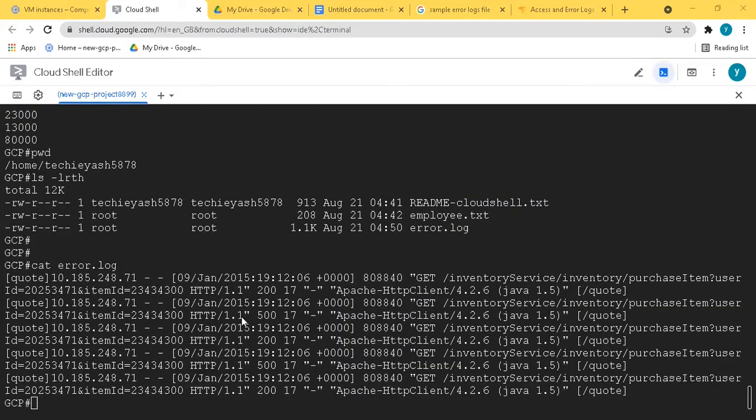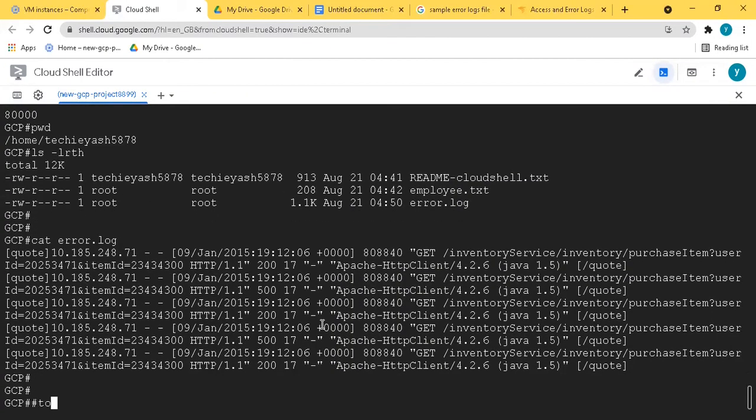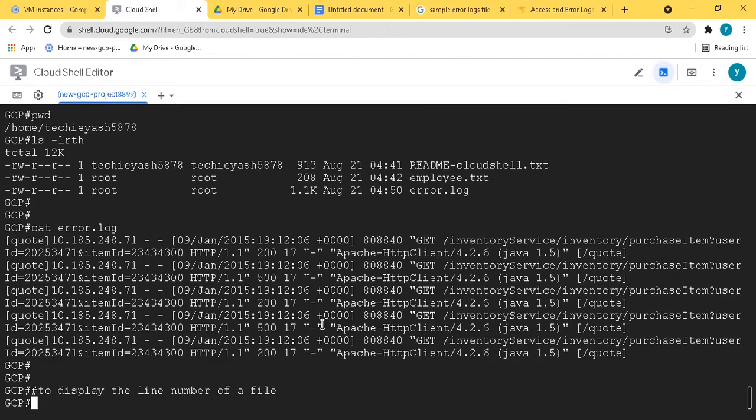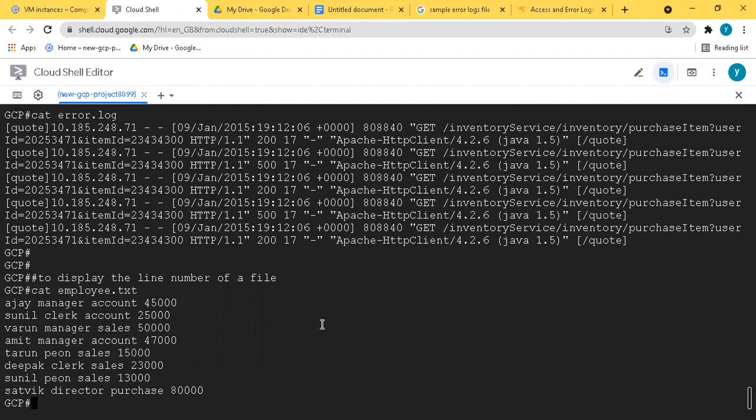One more thing, we can display the line numbers of a file. How? Let's say cat employee.txt, although it has 8 lines, but actually we want to show it through AWK.